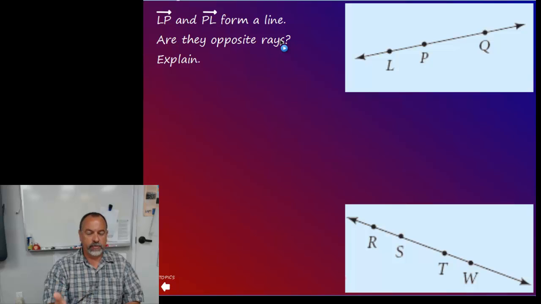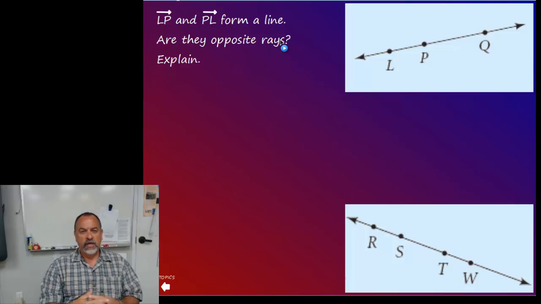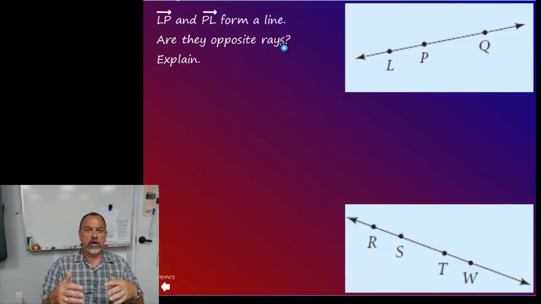Explain, explain, explain. Now here's the thing that you need to understand. Your explanation must include the definition, or postulate, or theorem that you're using to make your decision. In other words, every explanation isn't some long, drawn-out, well, because of this, and I think this, and because these are pointing this way. None of that matters. What has to happen is either the answer is yes because the definition is met, or the theorem is met, or the postulate is met, so the answer is yes, or the answer is no because